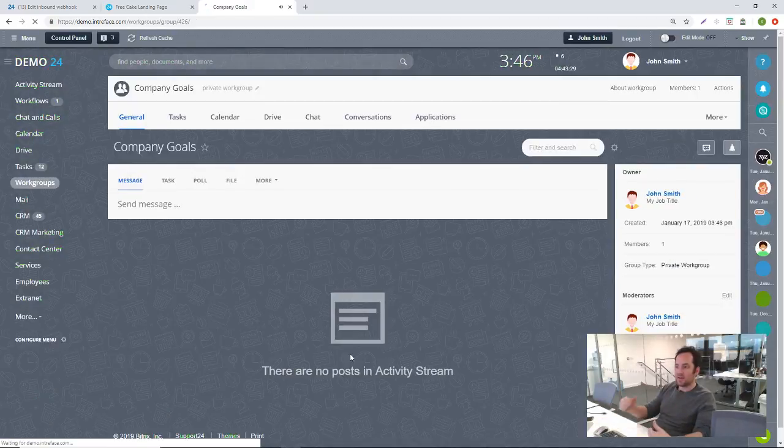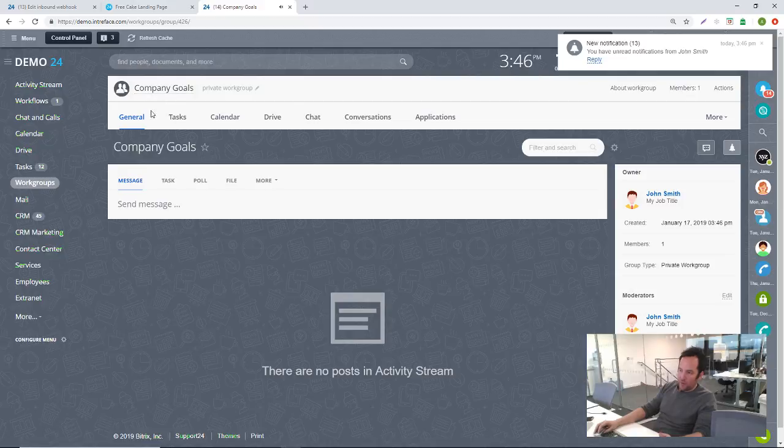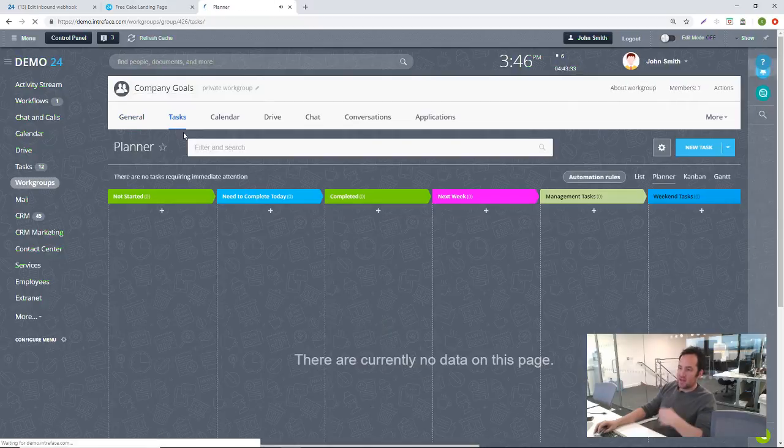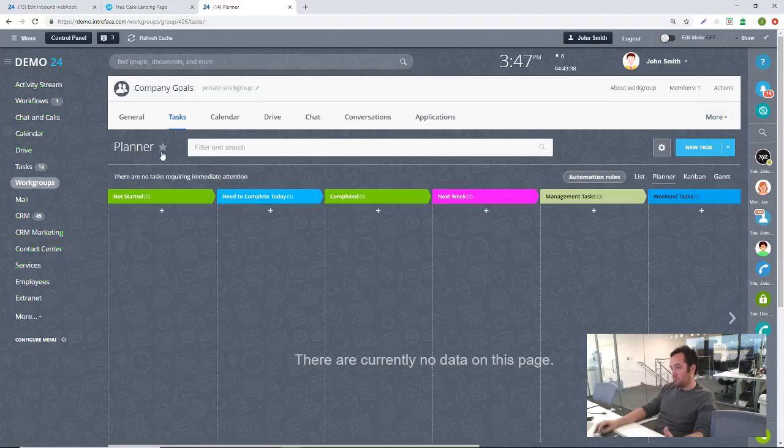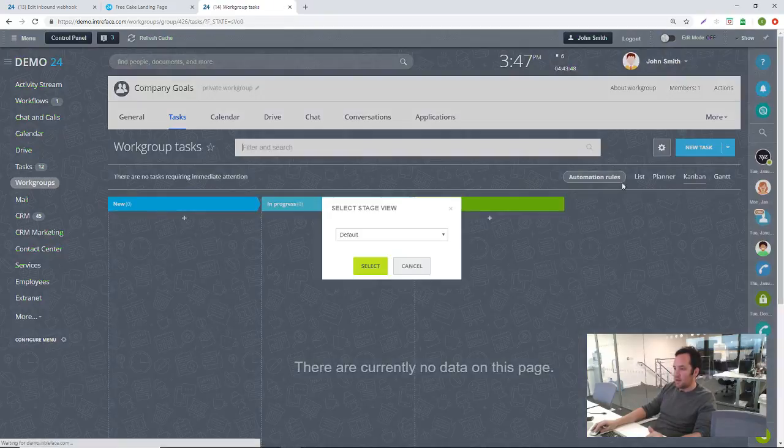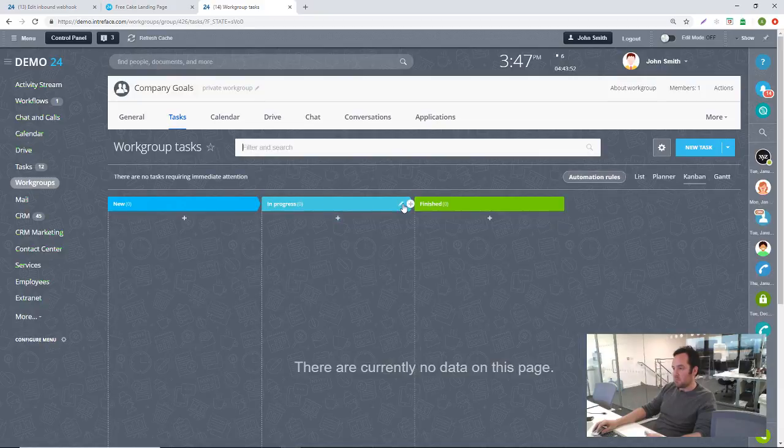And instead of creating tasks inside tasks, the good thing about this is if I was to create a task in here, it would be appended to our company goals. Based on this, we could have our own company goals Kanban, so we could see the progression of our company goals on here, which would be really useful. Click into here, we can default, and I could say, I don't know, we could rename this goal progression,